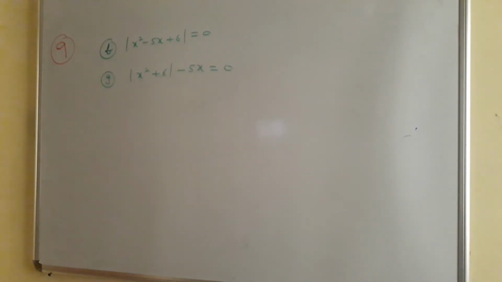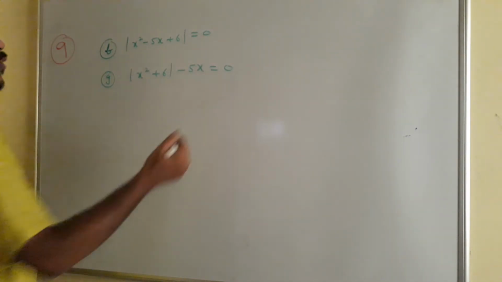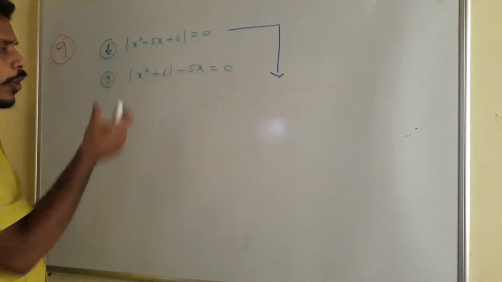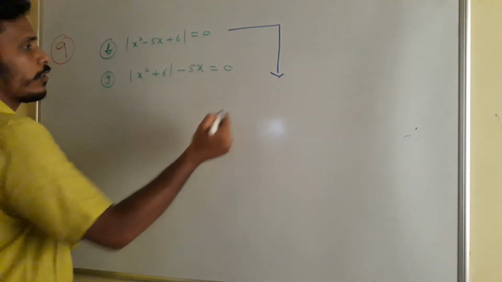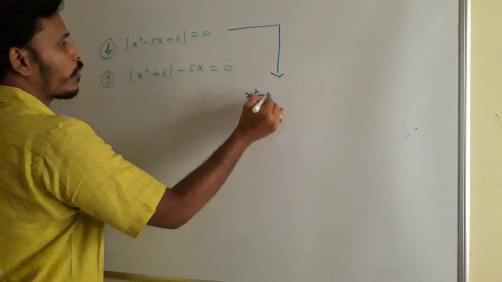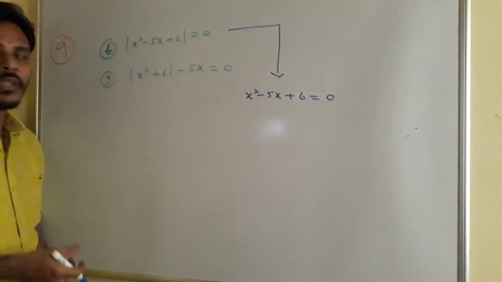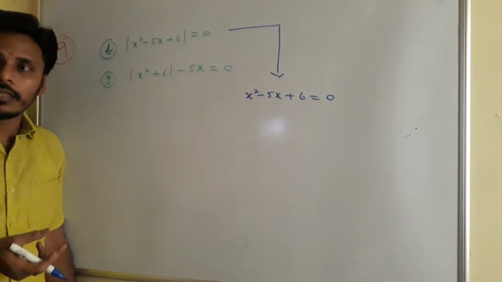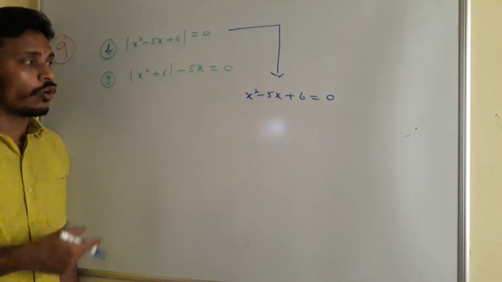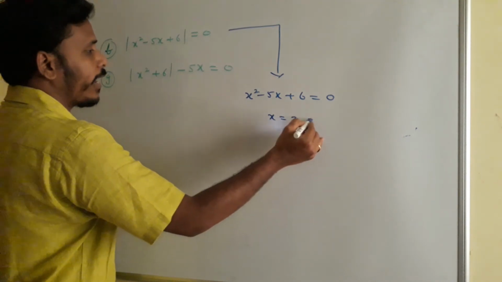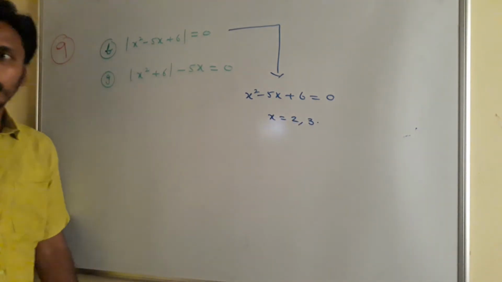Yeah, look there for f. Mod x square minus 5x plus 6 is equal to 0 is given. So solving it is simply modulus of some quantity is equal to 0. In the sense that x square minus 5x plus 6 is equal to 0 directly. Modulus of a value is 0 in the sense that the expression is 0. So x square minus 5x plus 6 is equal to 0 means you will get the values of x as 2 comma 3.